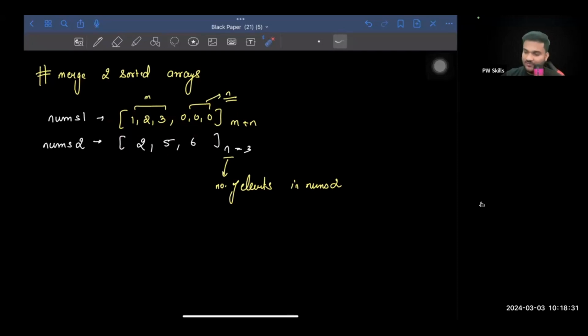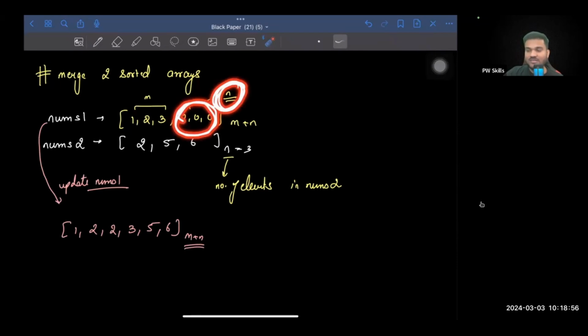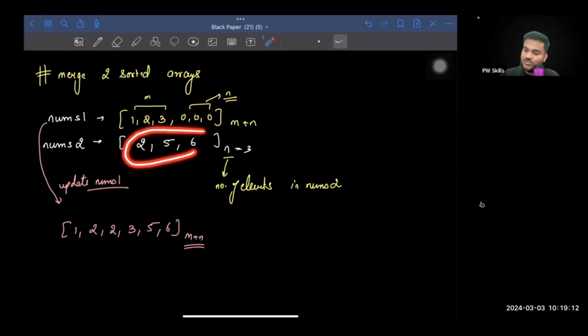For example, the final answer of this question is that you are going to update nums1 such that it becomes 1, 2, 2, 3, 5, 6. The length of the array still remains m plus n. So you can say that in the nums1 array, you have been given n extra positions where initially everything will be 0. You can, for the time being, avoid all of these. Where are these positions going to be used? These positions are going to be used for the place where you are going to merge the answer of nums2